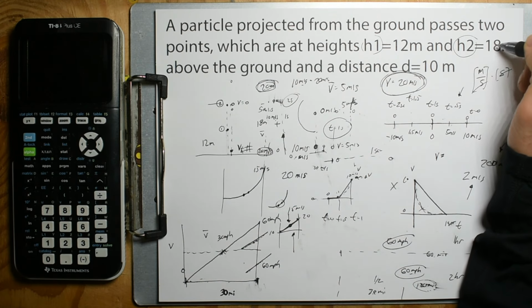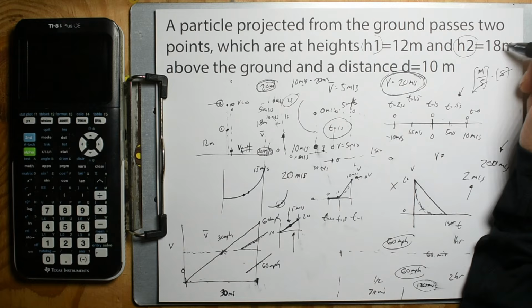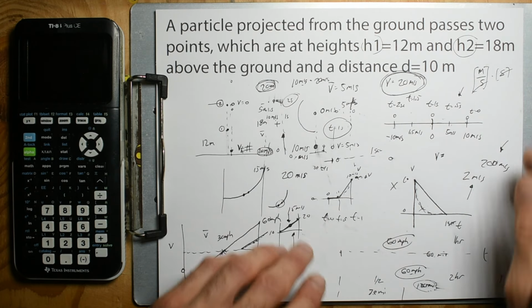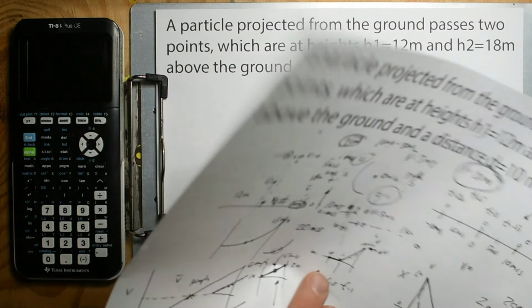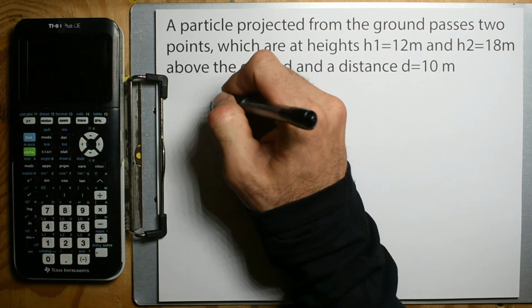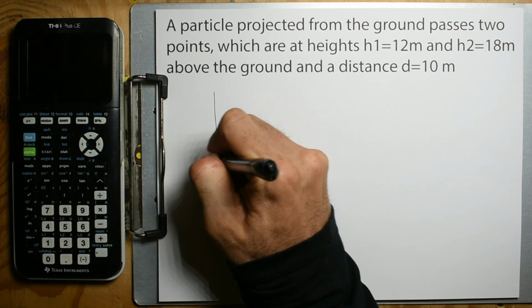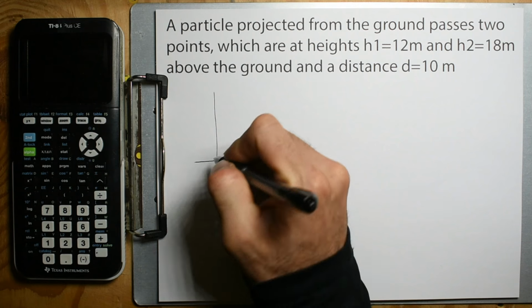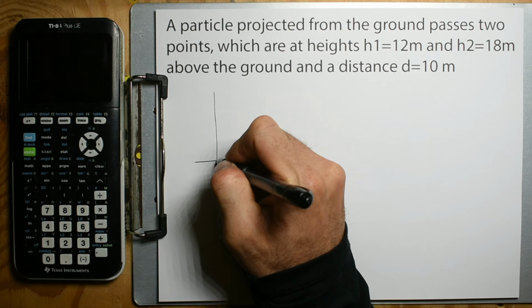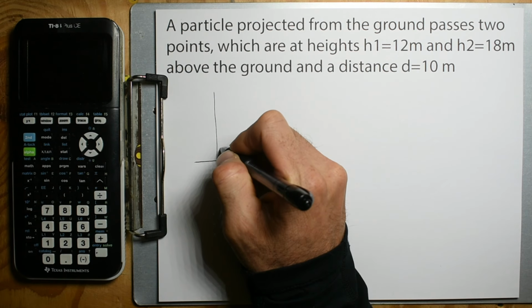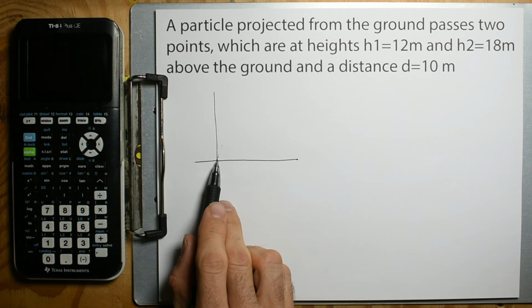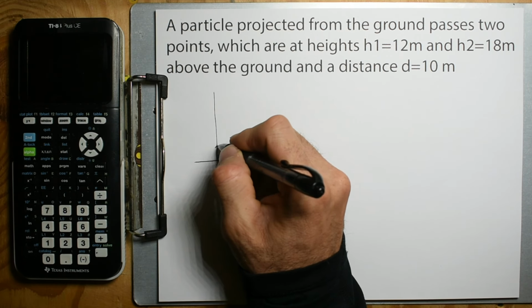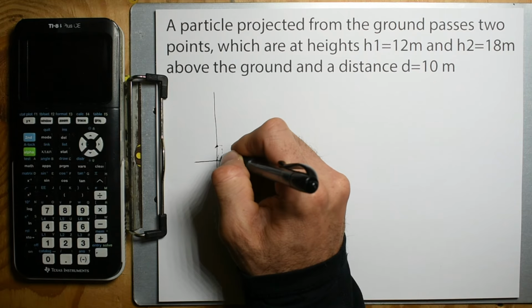So let's change this to 20 meters. Cool. And so that's going to be the first thing that we do: make your own problem, because that can simplify things. And then what we're going to do is have this be projected up at an angle, and then we have to kind of know this,